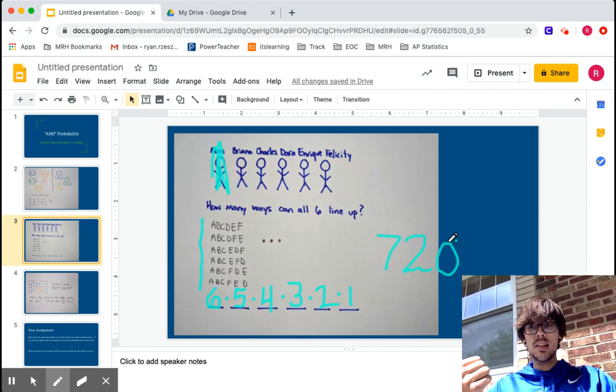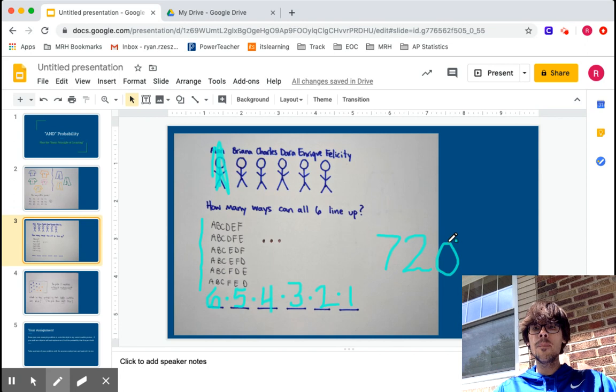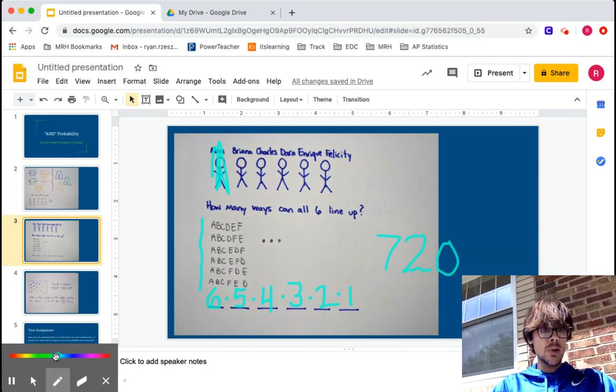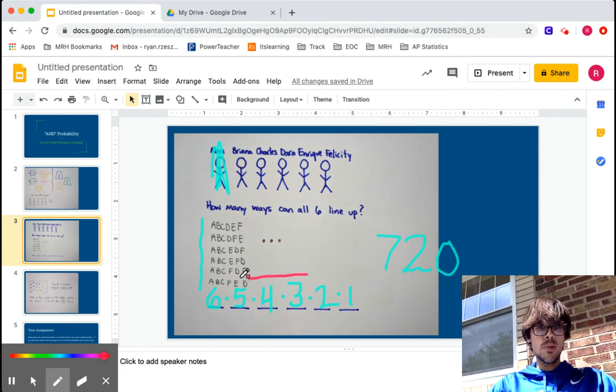If you multiply 6 times 5 times 4 times 3 times 2 times 1, that means there are actually 720 different ways you could line up 6 people. Definitely not going to be something where you'd want to write them all out. So with that kind of out of the way, I want to actually, before I go to my next example,